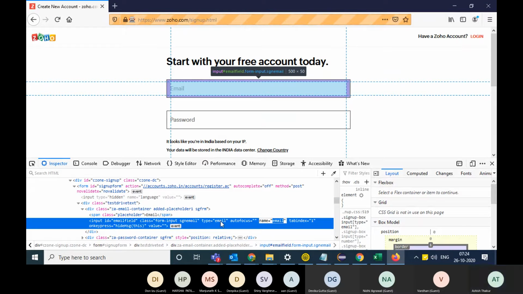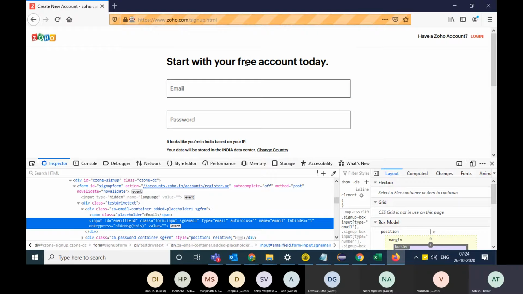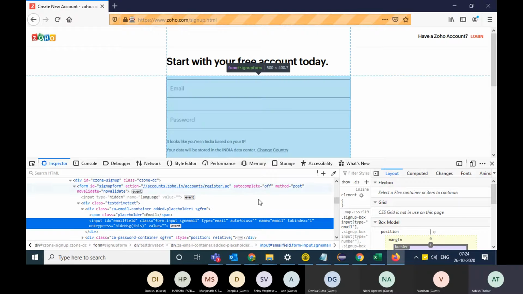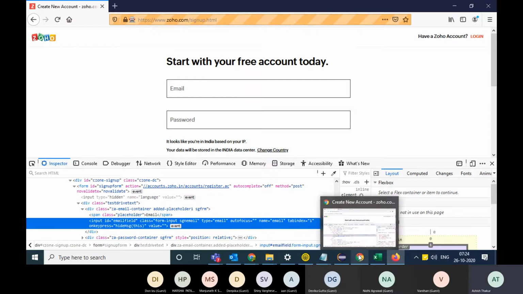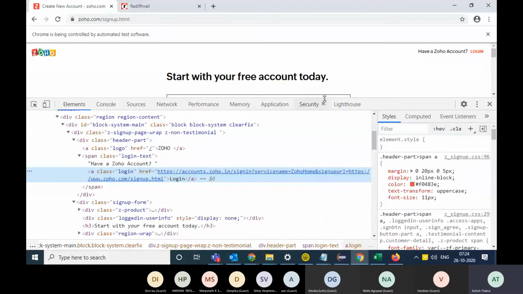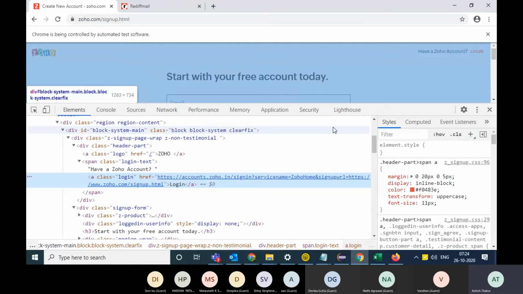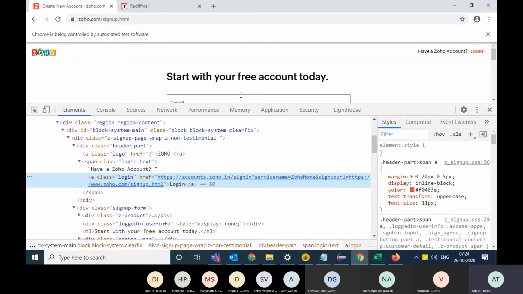In case of Edge also you can right click and inspect elements. On any browser you can right click and inspect the elements. I prefer to use Chrome. It's lightweight and it's got a lot more features as well, which you will come to know with time.